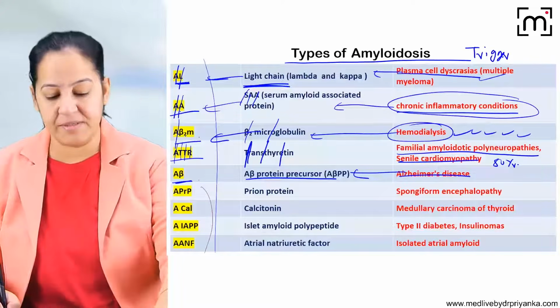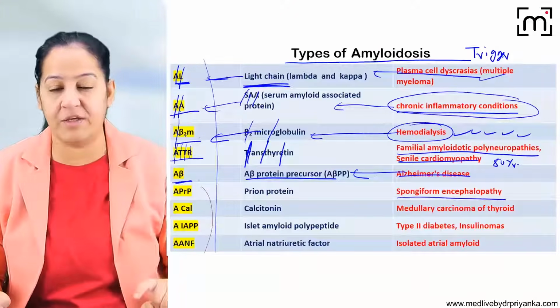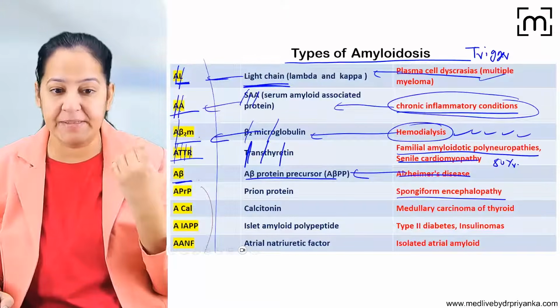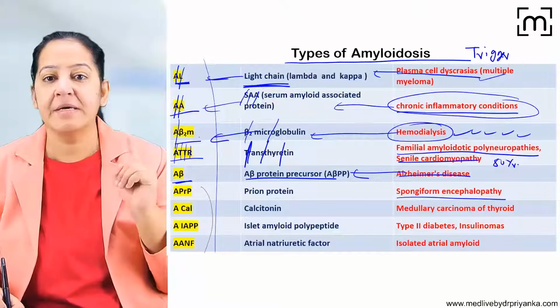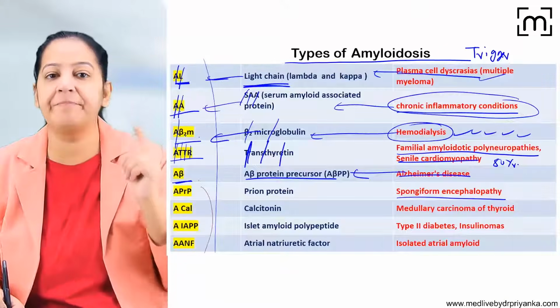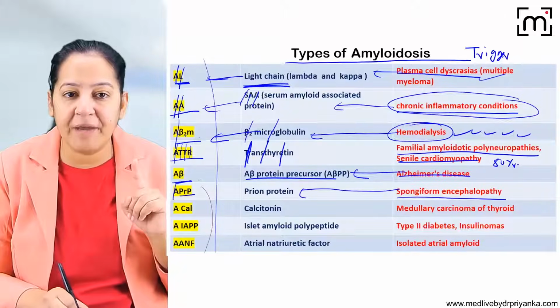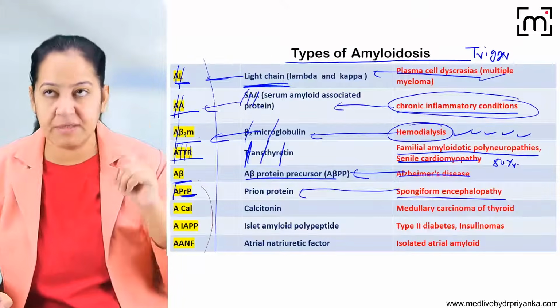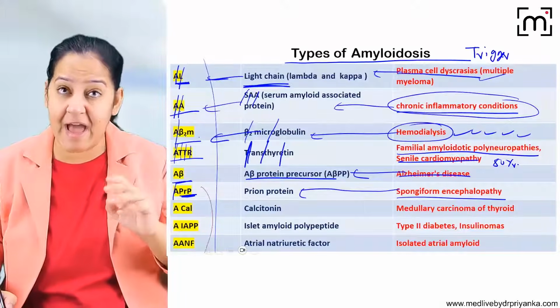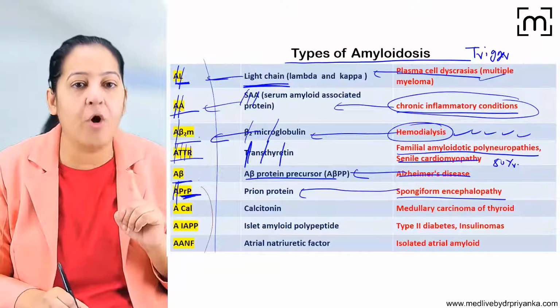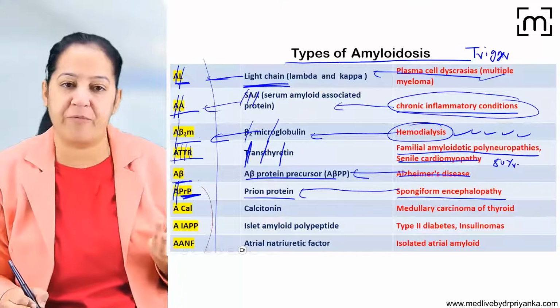Now imagine a person who is having spongiform encephalopathy. You know what is spongiform encephalopathy? It's a disease of the brain which occurs in animals and comes from the animals. So in spongiform encephalopathy, the prion protein will make amyloid PRP. PRP is prion. So the person who is having spongiform encephalopathy can have amyloidosis in future. Which type of amyloidosis? Amyloid prion protein. It is made up of prion protein.